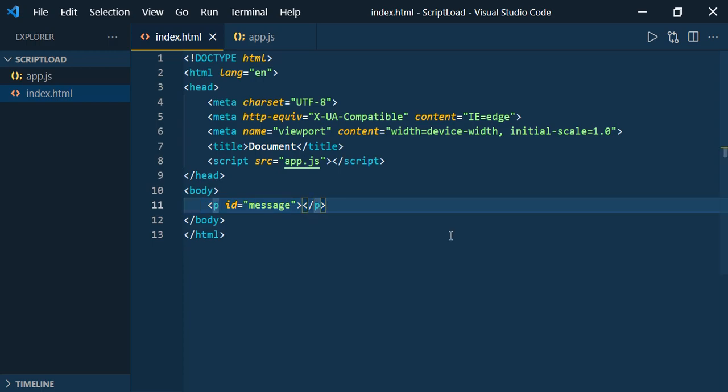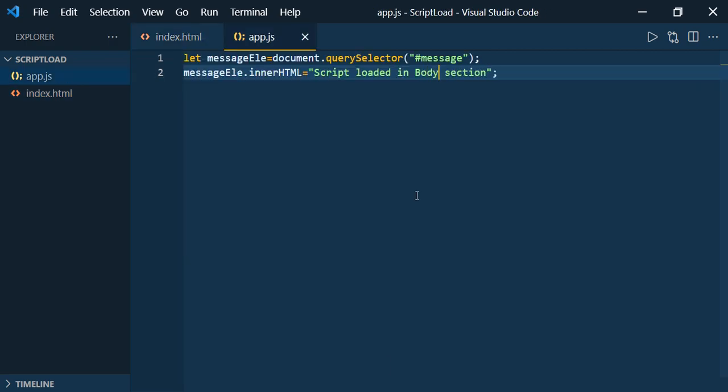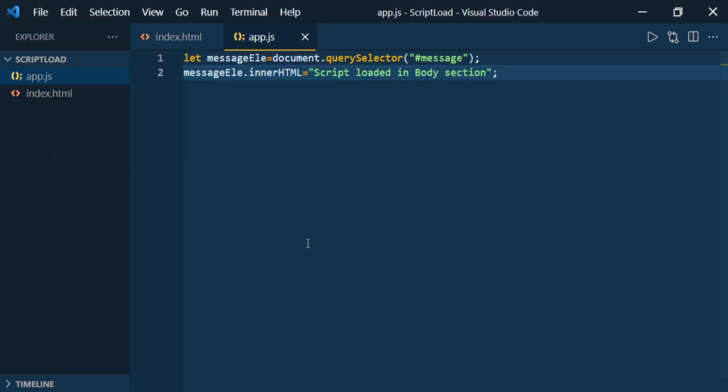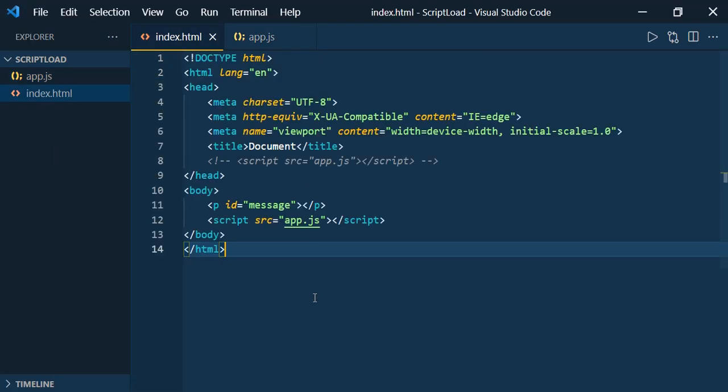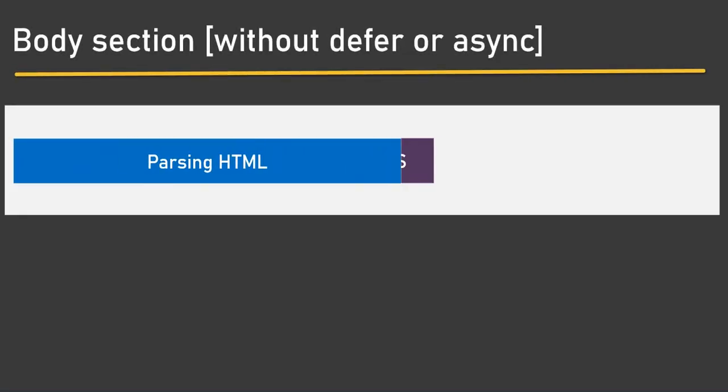So now let us load this same app.js in the body section. Comment it out, Control C, and paste it before the end of the closing tag of the body section. Save it, and now you can see that the script loaded in the body section. Now it is available. By the time we load the script file in the body section, the HTML content is available.